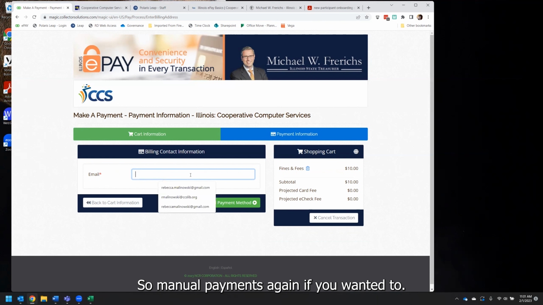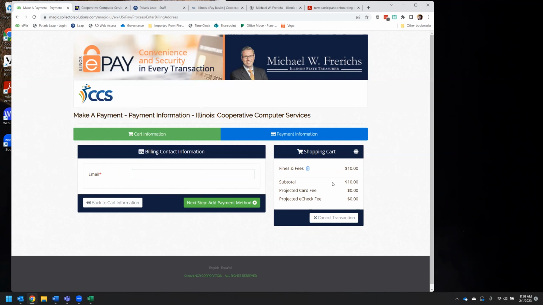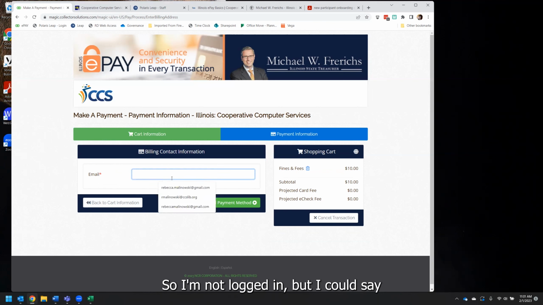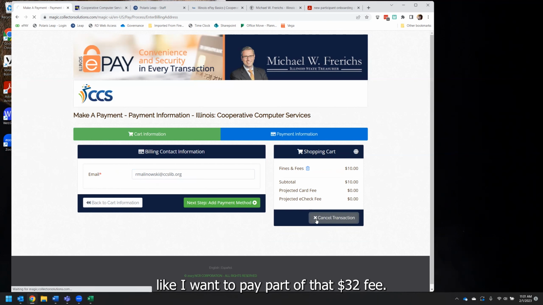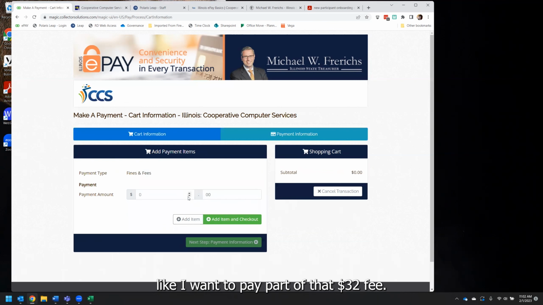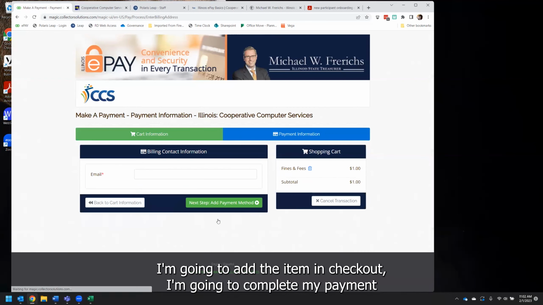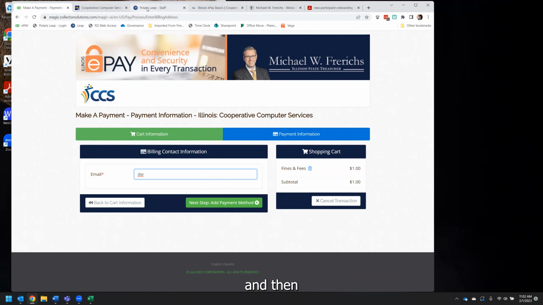So manual payments, again, would also be an option if someone wanted to pay a partial payment on a fine or a fee. So I'm not logged in, but I could say, I want to pay part of that $32 fee. I can say, well, I only have $1 today. I'm going to add the item and check out. I'm going to complete my payment. And then